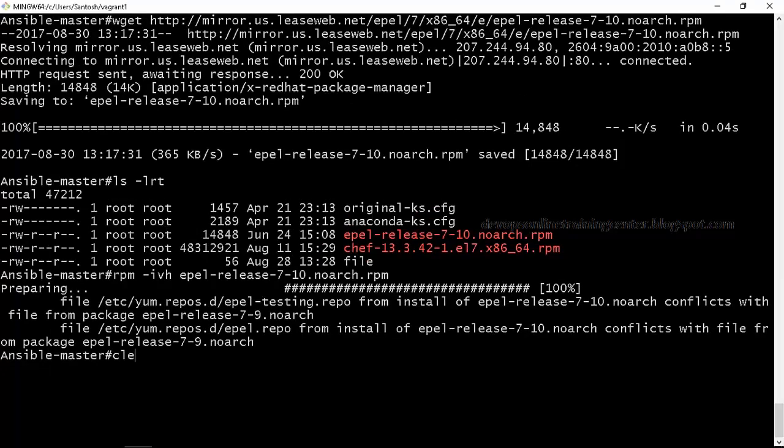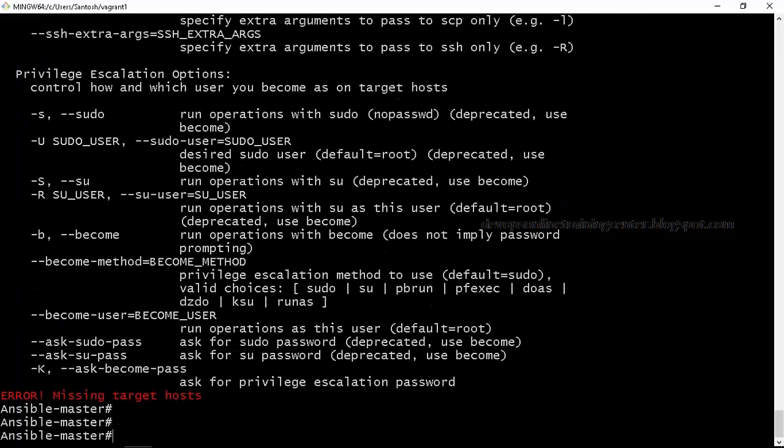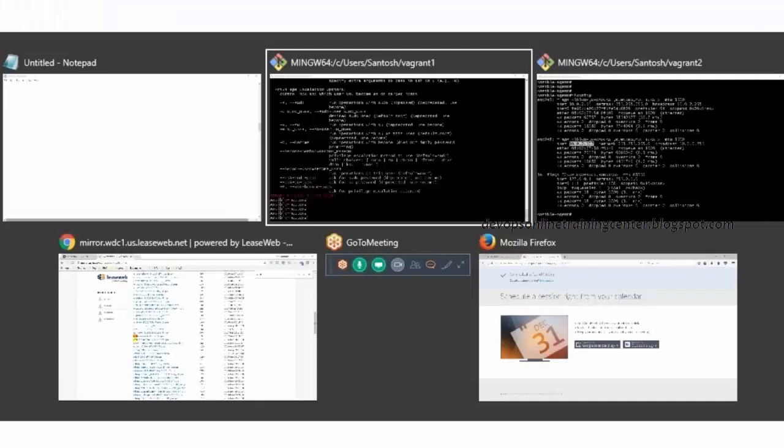So we just installed Ansible on one of the machines. We installed the repository first, then the Ansible RPM. So on the master, Ansible is ready. If you just type ansible, we have the package ready and the configuration ready. Now what is the next step? The next step is to add the clients, the agents, to the master. In the sense that we need to tell the master to manage these agents.